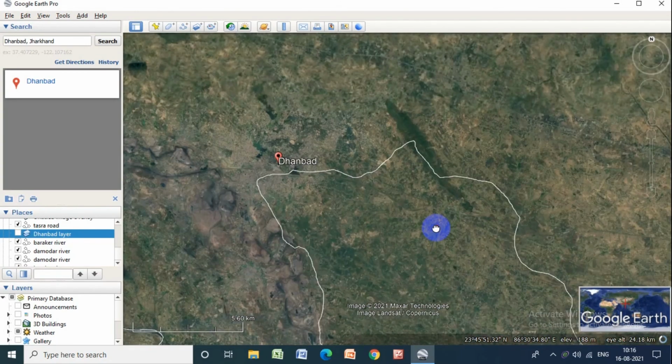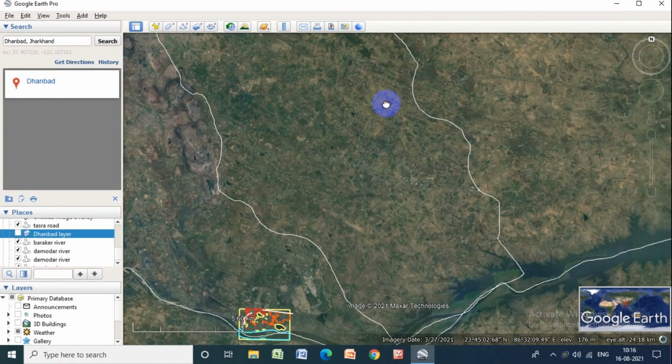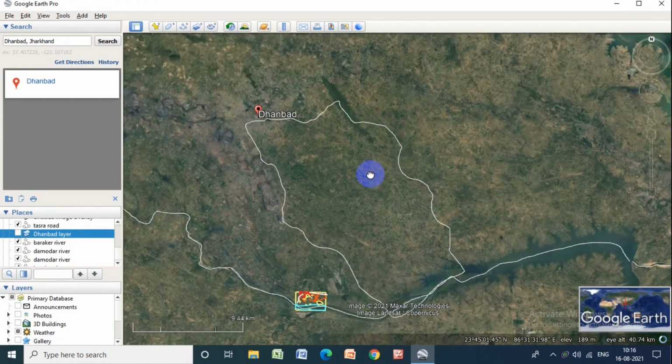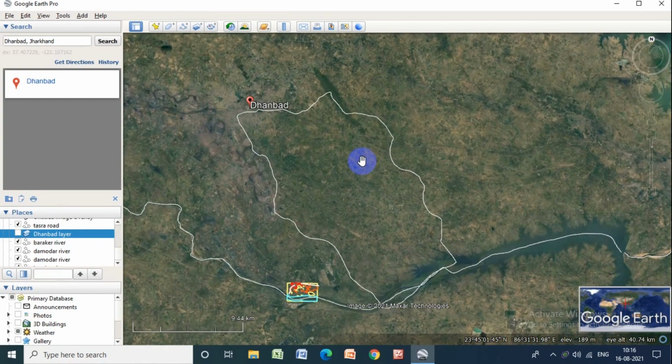A reliable source or any district level boundary may be collected from the districts for this purpose, so that higher accuracy may be maintained. So in this way we have superimposed the Baliapur block on the Google Earth platform.